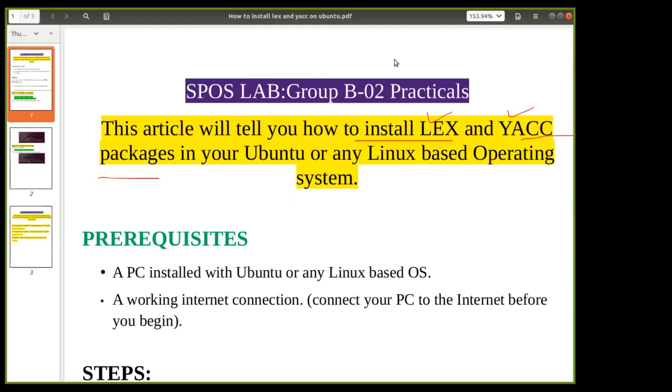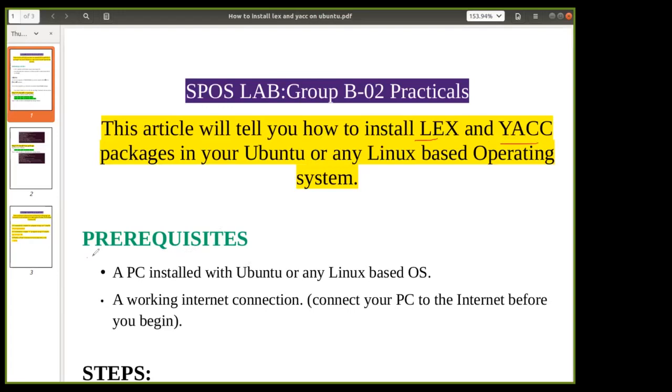Now, as yesterday also we discussed, designing a language processor such as a compiler is a very tough, very difficult task. In the market, some automatic tools are available in order to design some of the phases of the compiler. And we have two such tools, Lex and Yacc, using which we can design and develop the first and second phases of our compiler.